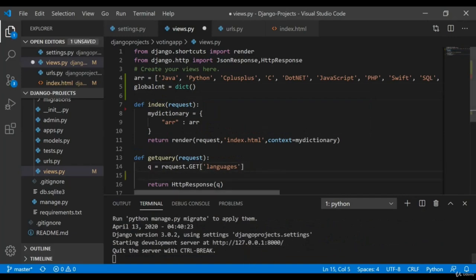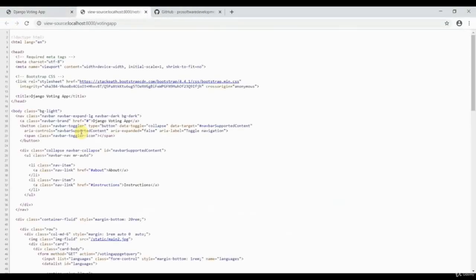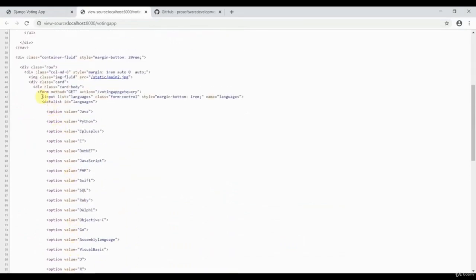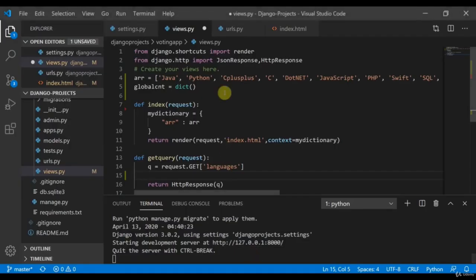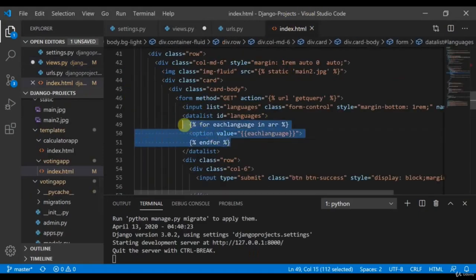One thing I would like to show you before I proceed: if I press Ctrl U, here you can see that when we used input list equal to languages, datalist id equal to languages, this was the for loop we had used here. For each language in array, option value equal to each language, and for.